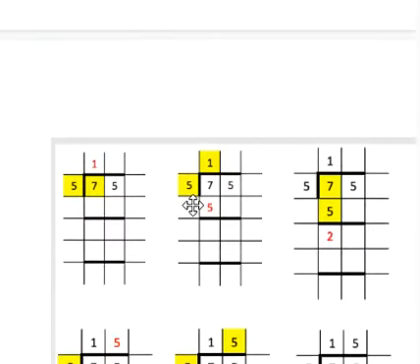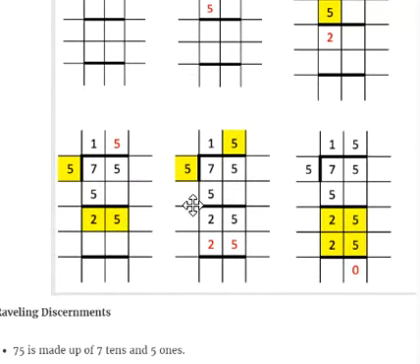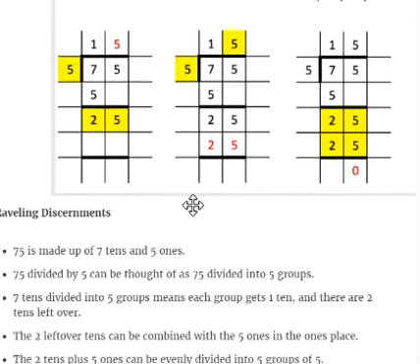This is a long division, and the way you describe that makes a big difference. So for this example, you could look at discernments and say 75 is made up of 7 10s and 5 1s. It can be thought of as dividing into equal groups. And so if those 7 10s were divided into 5 groups, you'd get 1 in each group and then 2 left over, and then those 2 10s plus the 5 can be divided further.